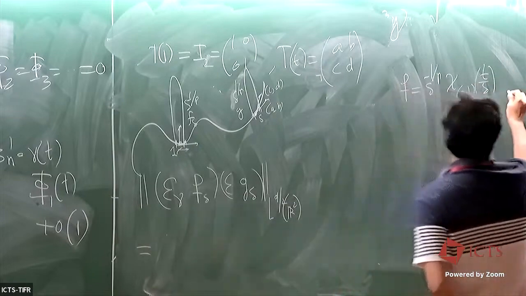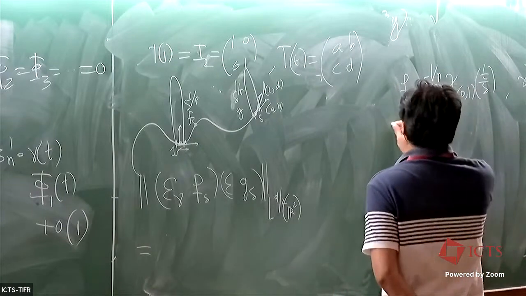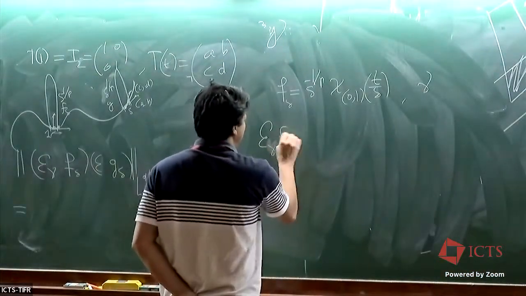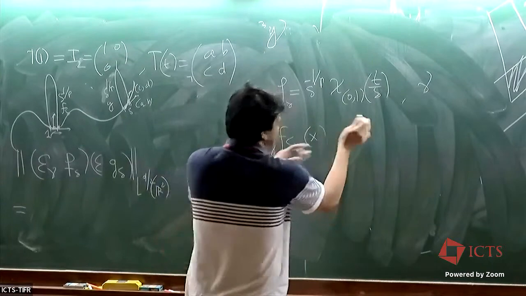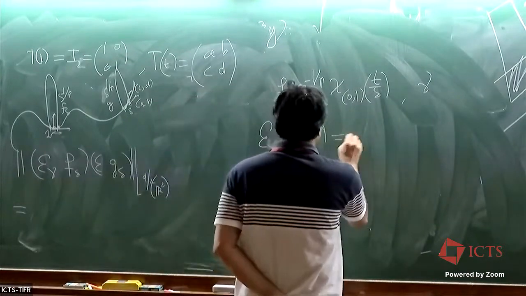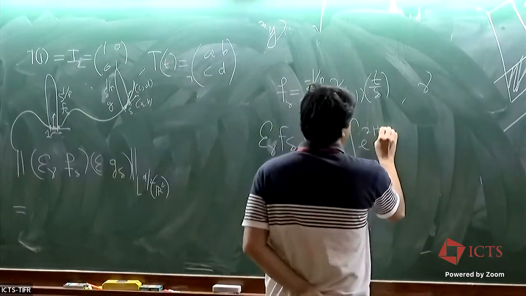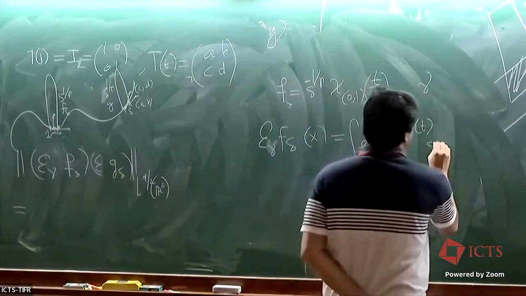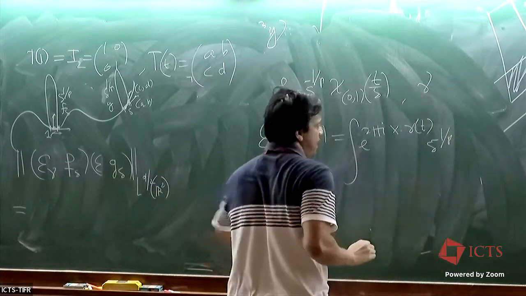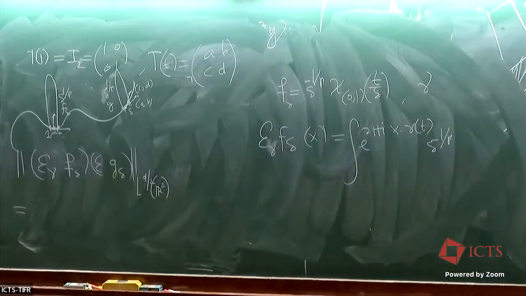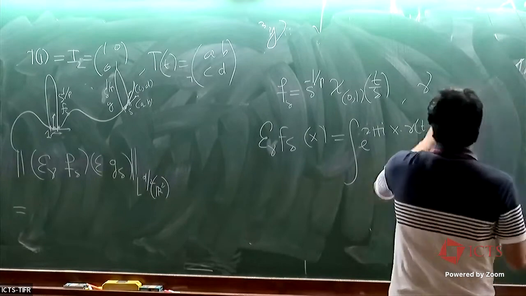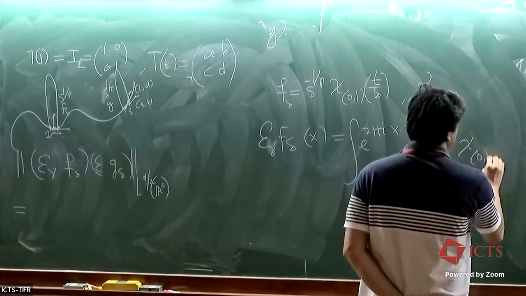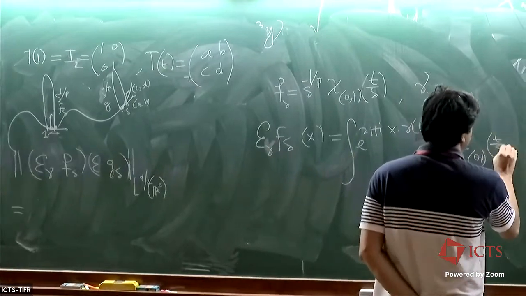And gamma is the fixed curve, right? So now we're looking at, let me call this F delta. What is the extension of gamma at F delta? There is a change of variable which simply translates this to the simple function. So let me do this calculation: e power 2 pi I x dot gamma t F delta, which is delta power minus 1 over P times the characteristic function of 0, 1 T over delta dt,